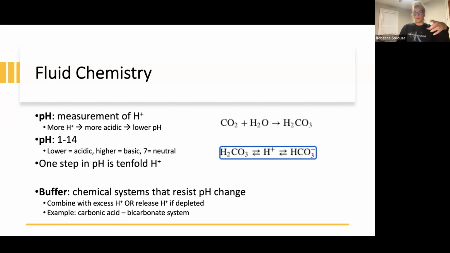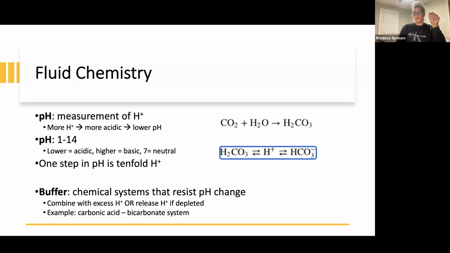So pH scales from 1 to 14. 7 is neutral, lower than 7 is acidic, higher than 7 is basic. One step in pH, like from 1 to 2, is actually a 10-fold change in the concentration of hydrogen ions that you have. And so your hydrogen ions are exponentially greater as you move down the pH scale as more